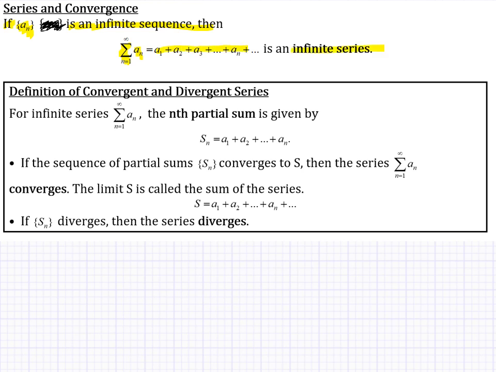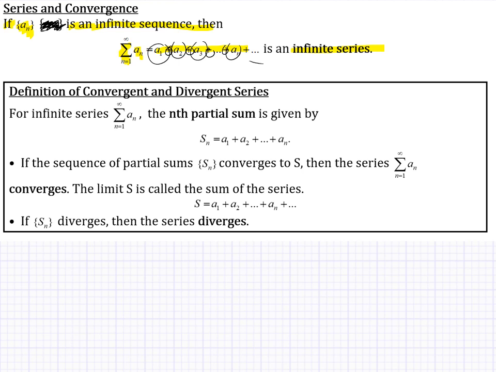Okay? So what's the difference between sequence and series? A sequence is just a list of terms, and we're talking about an infinite sequence, an infinite list of terms. If we then took those terms of the sequence, which there's an infinite amount of, and added them all together, that would be what we call an infinite series. So these terms themselves are just the terms of the sequence. If we then add them together, we have an infinite series.